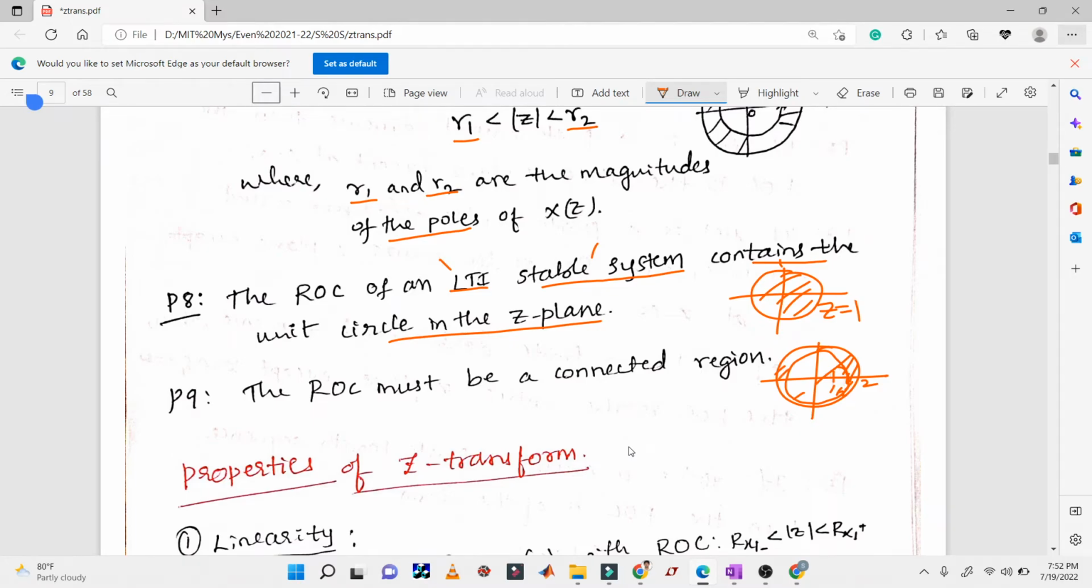If we have given an LTI stable system, then the ROC, region of convergence, contains the unit circle. Unit circle means circle with radius 1. And finally, the ROC must be a connected region. ROC is connected region means